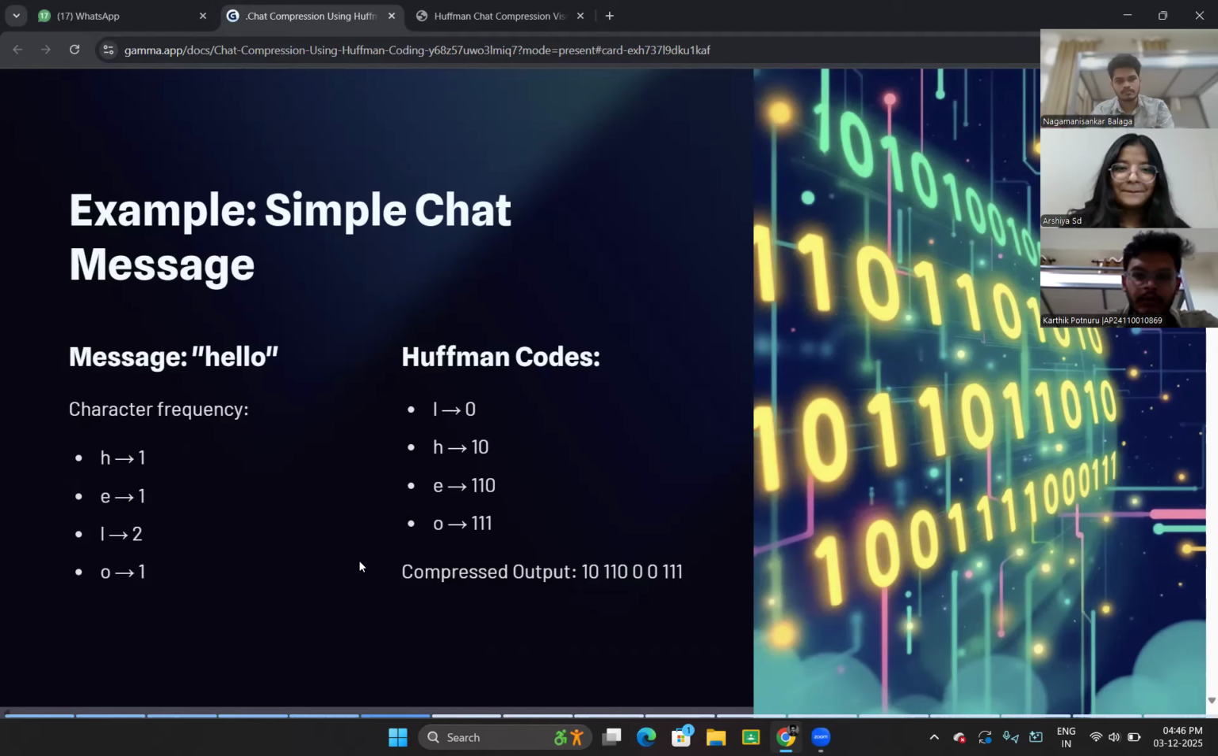First, we have to count how many times each character appears. H appears once, E appears once, L appears twice, and O appears once. Using these frequencies, Huffman coding generates shorter binary codes for more frequent characters and longer codes for less frequent characters. So the Huffman codes for this message becomes